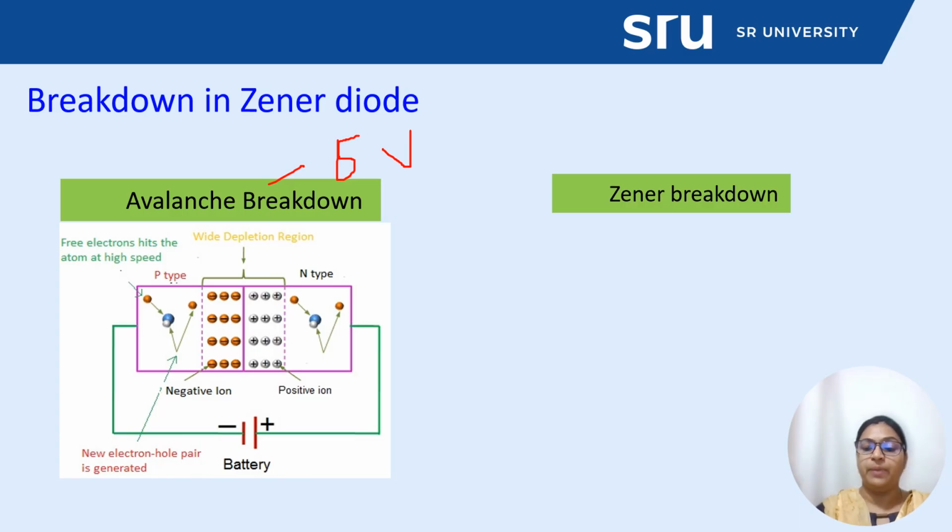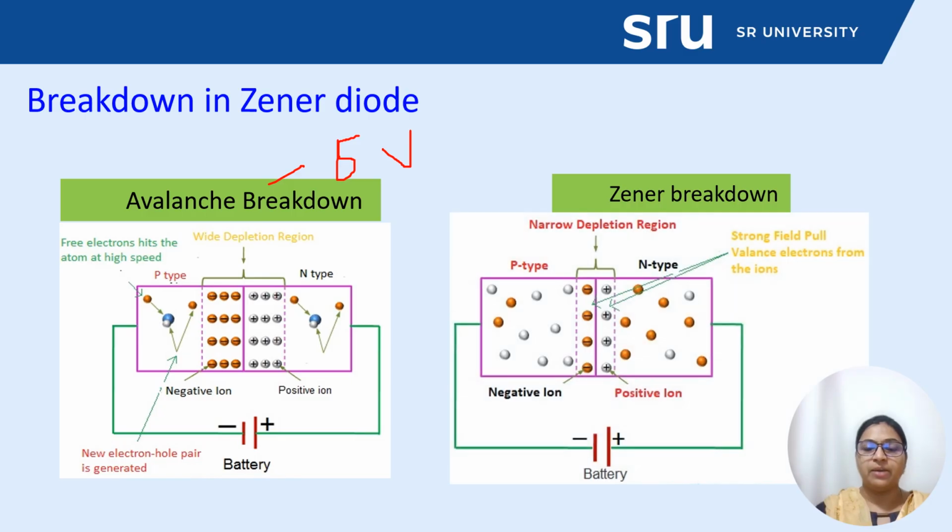So let us see what the Zener breakdown is. This is depicting the Zener breakdown. We can see that one major difference between avalanche and Zener breakdown is the width of the depletion region. In Zener breakdown, which appears at a lower voltage, the diode has a smaller depletion region area due to the higher doping. Compared to avalanche breakdown, the doping in Zener breakdown is very high, and when the voltage applied to the diode increases, a thin